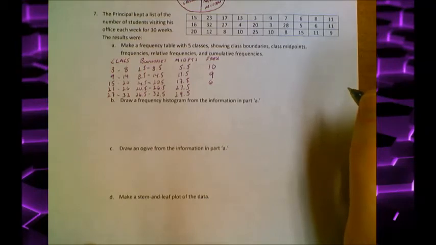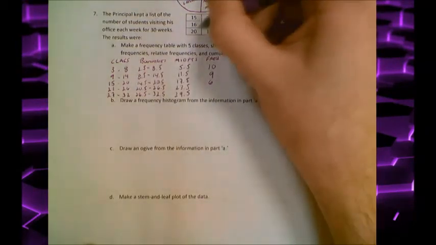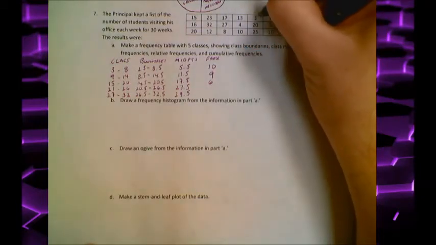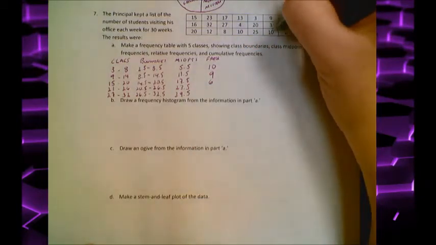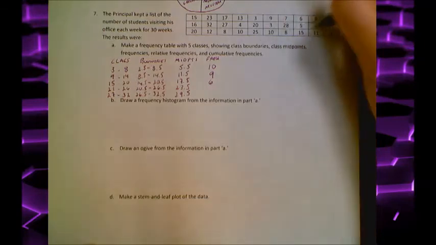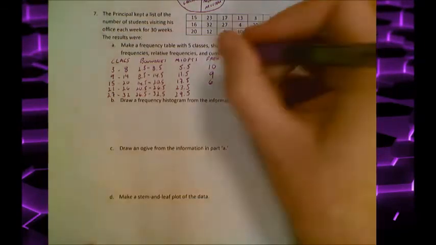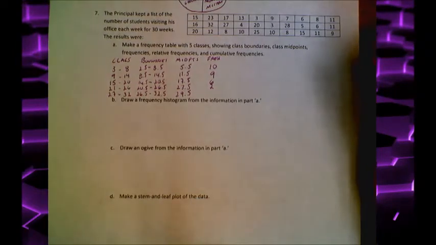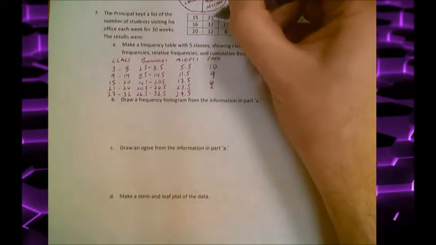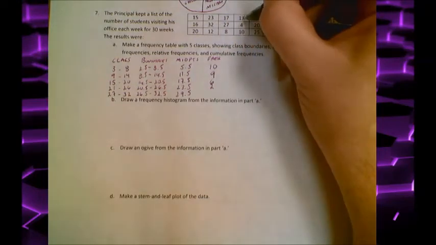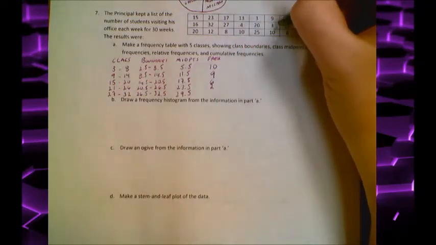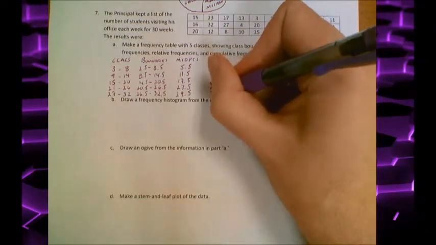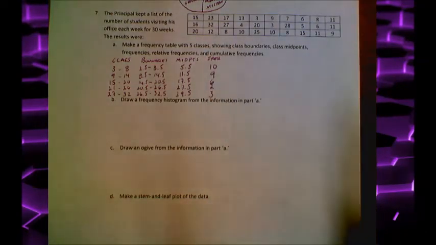And then I'm looking for between 21 and 26. There's 1, 2. So only 2 there. And then between 27 and 32, there's 1, 2, 3. Just the 3 there. So if we total all of those up, we should be getting